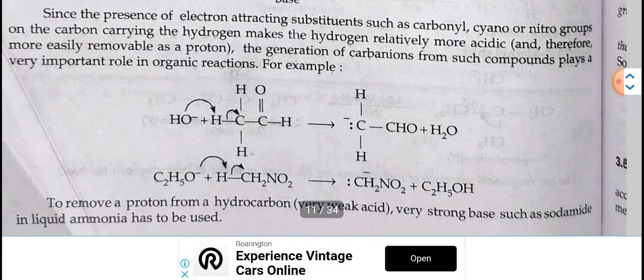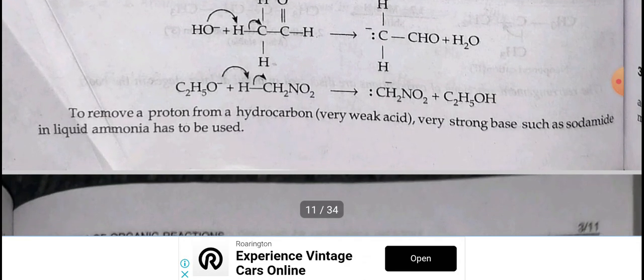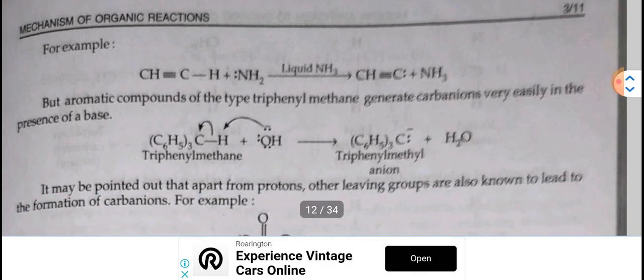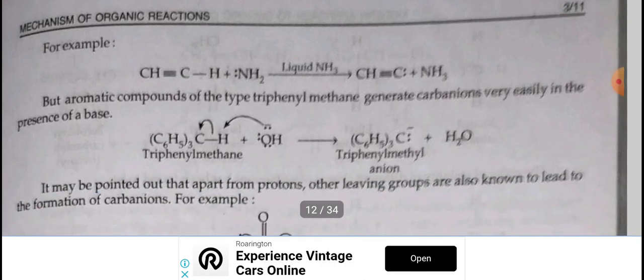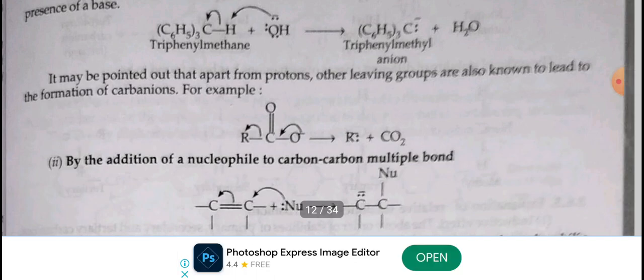For example, to remove a proton from a hydrocarbon, a very strong base such as sodamide in liquid ammonia has to be used. Aromatic compounds of this type, such as triphenylmethane, generate carbanions very easily in the presence of a base. It may be pointed out that apart from protons, other leaving groups are also known to lead to the formation of carbanions. For example,